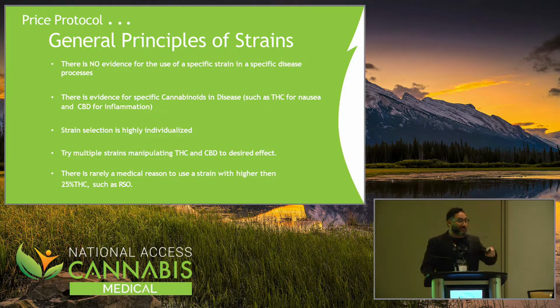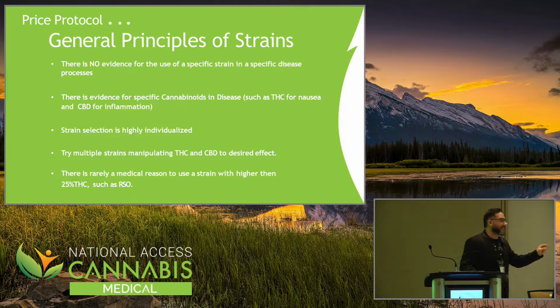There is for specific diseases, but I can't tell you to go take your blackberry, mango, haze, kush, cookies, and all these other names that we have for strains. I can't tell you to take that strain and that's going to be effective for X disease. We don't have specific strains yet. We're going to get there. That's what we're working on currently. But what we do have is that THC works for X and CBD works for Y. That we do have. So that's how we dose.